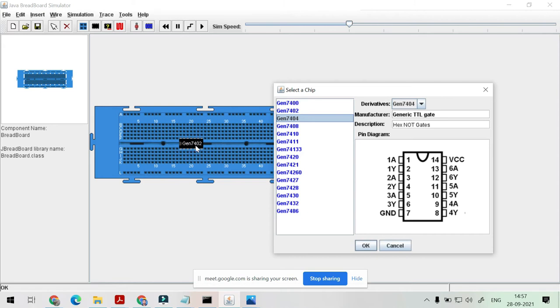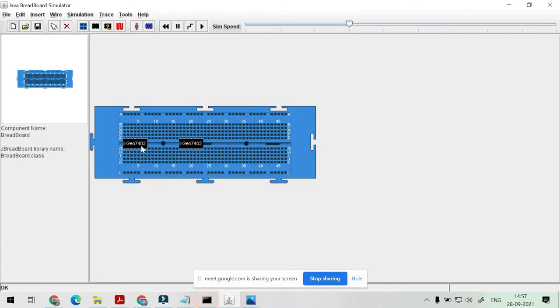So similarly, we have inserted that 7402. Here we have to apply the supply at pin number 14, and provide ground at pin 7. So we will do that.